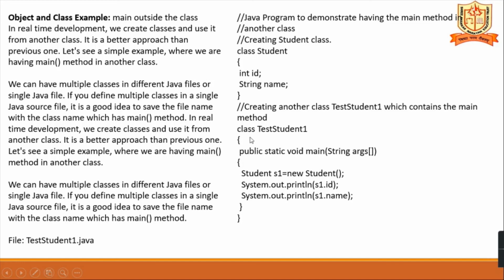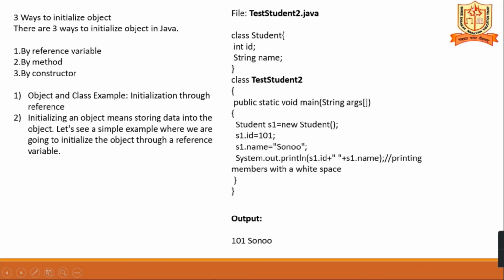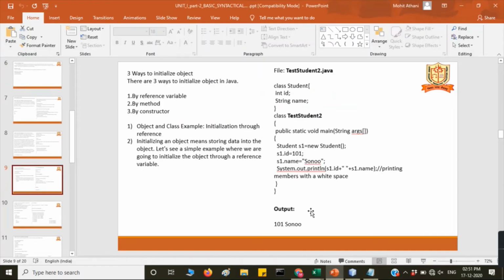Java is case sensitive. If suppose TestStudent1 with capital T is different, and small t testStudent is a different class. So it is case sensitive. Whatever you use for this class name, only that you are supposed to use to save the file. Is it clear? And next, there are three ways to create this. So I think we'll take this in the next one.